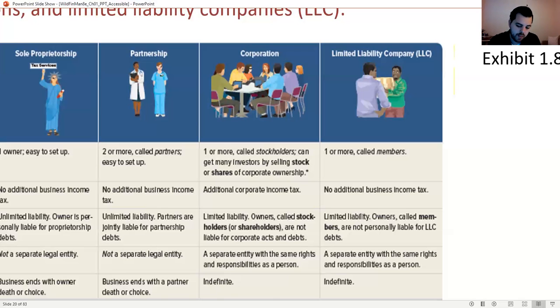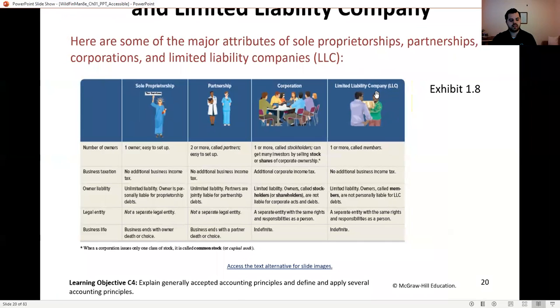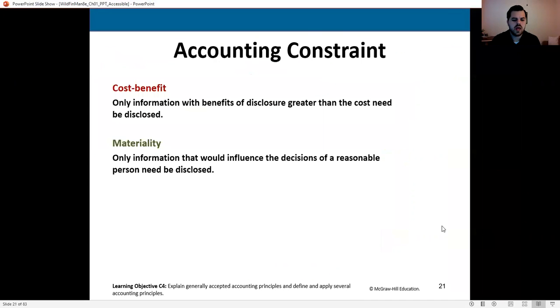You do still get the limited liability, and you do still have a separate legal entity as well as the indefinite business life. I do believe there are limits on how large an organization can be to become a limited liability company. So that is the issue with, like, why, for example, Walmart isn't an LLC and instead they did choose to incorporate, is because I think they're too large for the LLC rules. But that's what we see. Right in the name of the LLC, of course, is limited liability, indicating that this does give us that protection of limited liability.